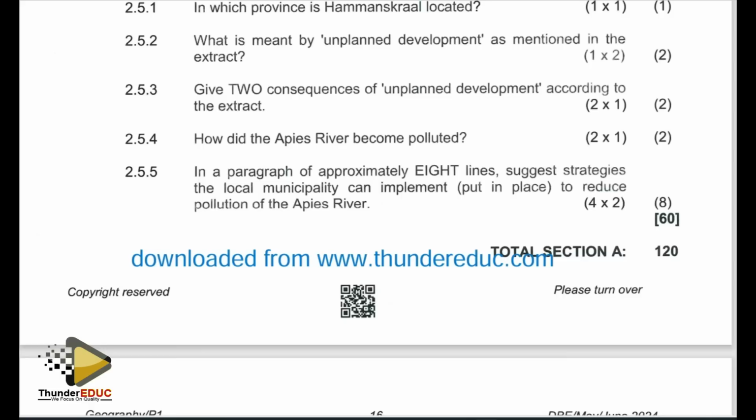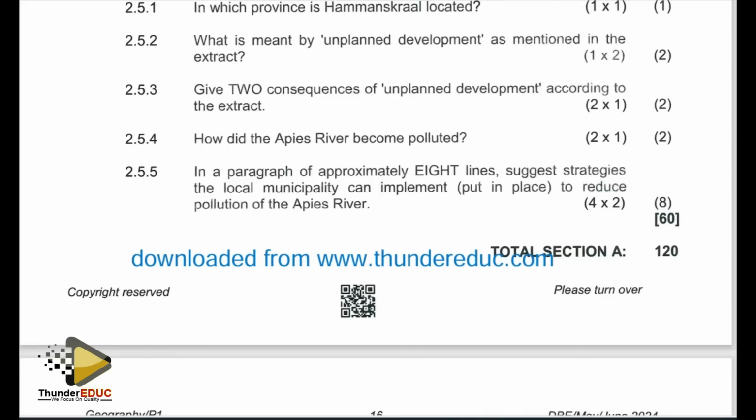And also we can promote public awareness. One of the major reasons why people pollute rivers is because of lack of knowledge on the implications of polluting rivers and the resultant effects thereof when they pollute the rivers. So people need to be educated on the importance of river conservation and impacts of pollution. It's also a way that can be implemented to curb the problem. Then we can also talk of the protection of riparian zones.